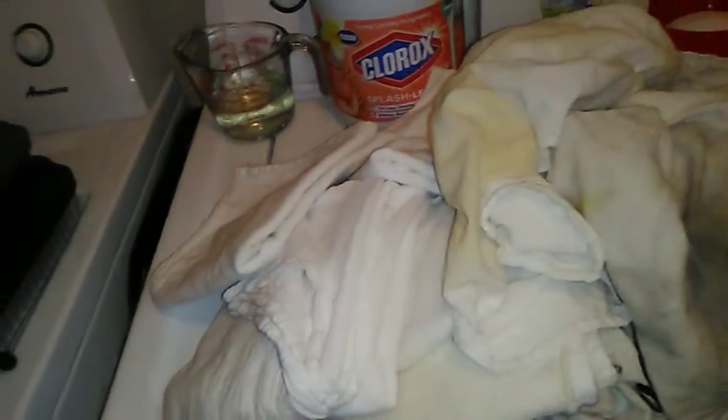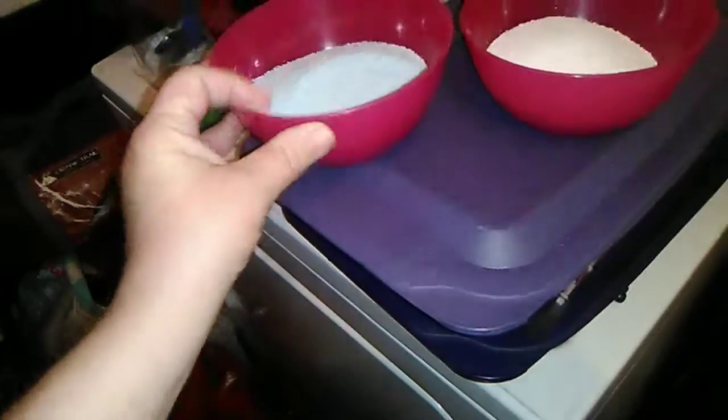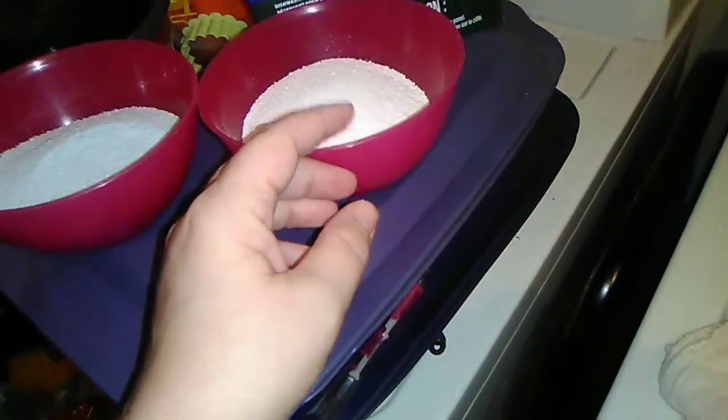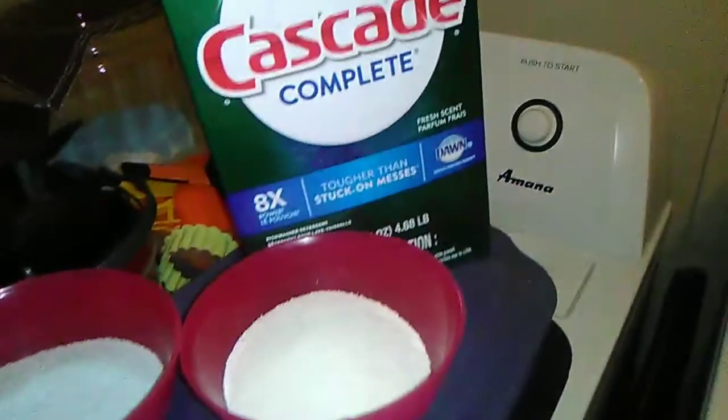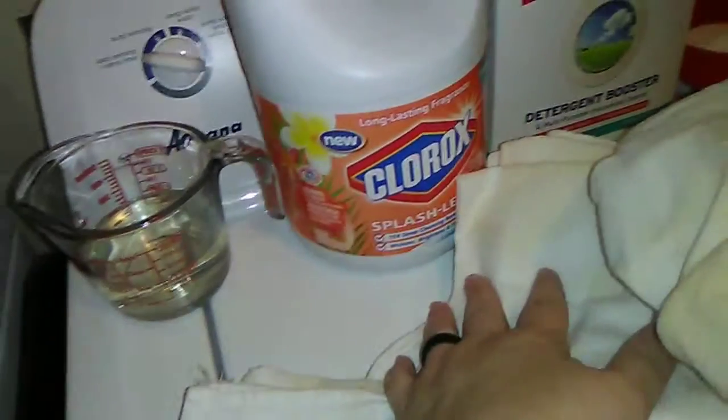So the ingredients are, there's only 4 things besides extremely hot water, or as hot as you can get it. First one is a cup of laundry detergent. I use Foca, so that's what I have here. I have a cup of powdered dishwasher detergent, and I'm using Cascade because that's what I could get. Again, I ordered a lot of this online. 1 cup of bleach, and this is